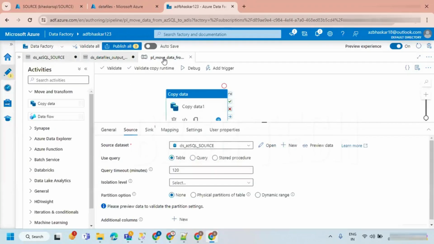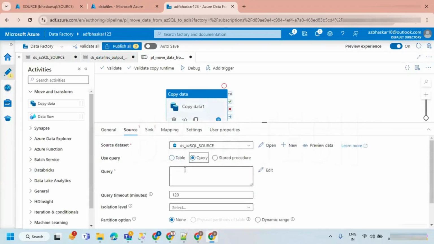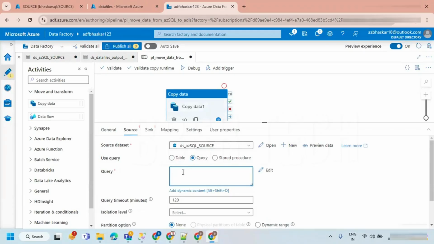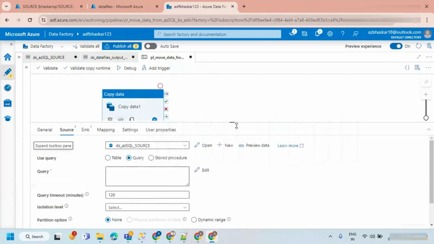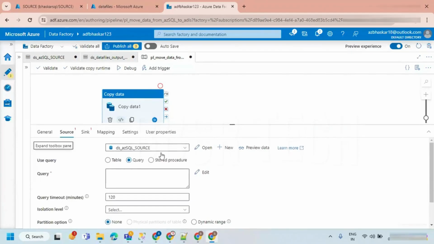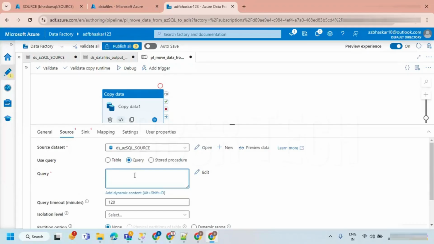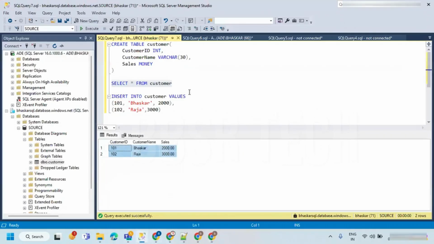But if I wanted to take the data from another table, I can do it by overriding the query. So I'm just going to use this query here. When you use the query, you can write whatever query you want, and you can take data from multiple tables also. So mostly it is recommended, when multiple tables are participating to read the data from the source, to write a SQL code for that. We are going to come across that kind of situation. At this point of time, I'm just going to say select star from table name.